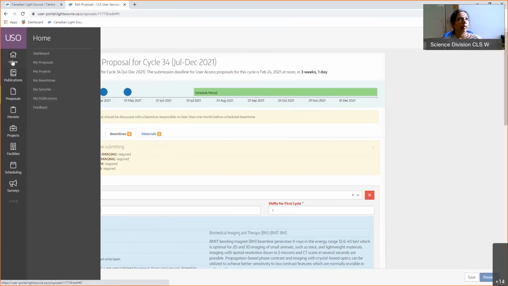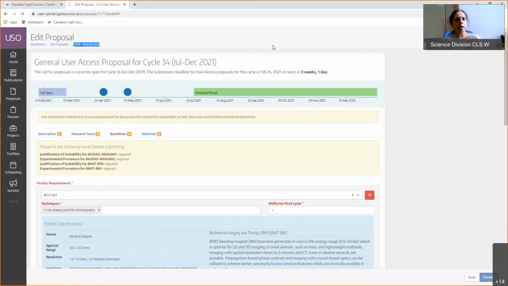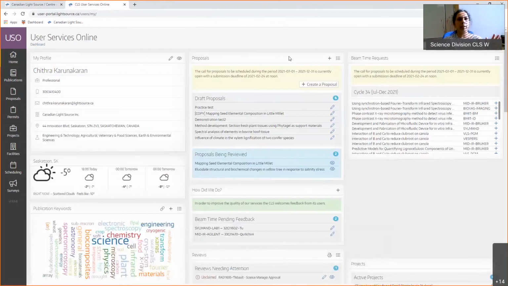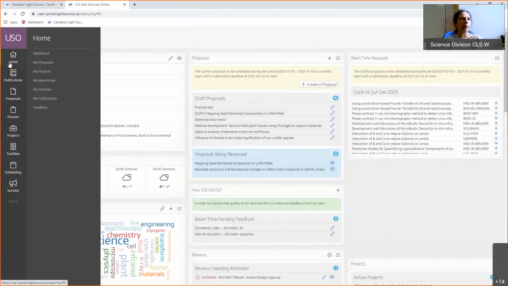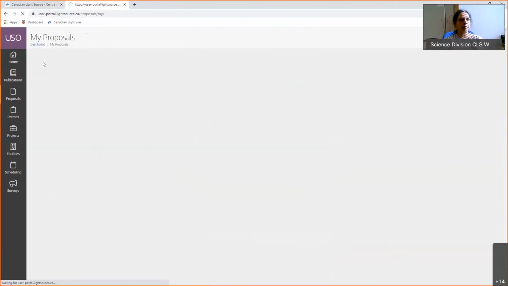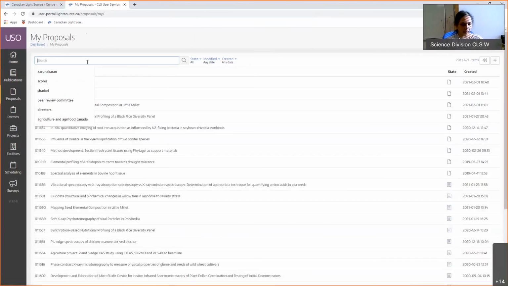Okay. The second one is, you have an existing proposal, how to copy and edit it, right? Say you submitted a proposal, it got a 2.2 score, and you didn't get beam time last time. How to clone that proposal, go through the peer review committee comments and improve it is here. So you go to My Proposals, and you can search by title or your name.